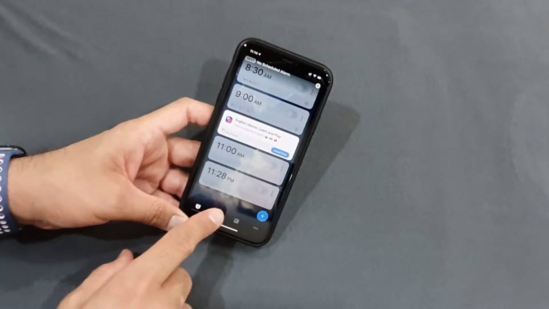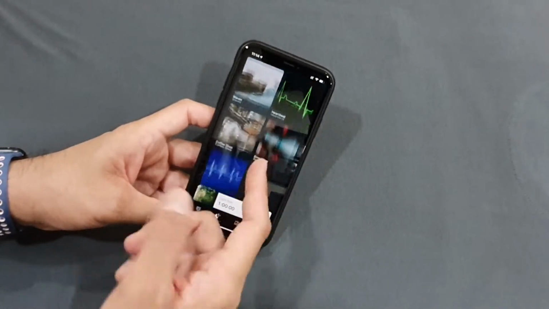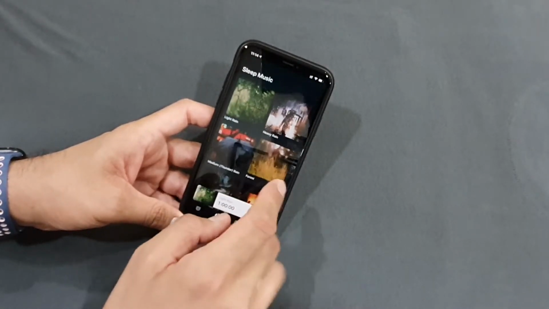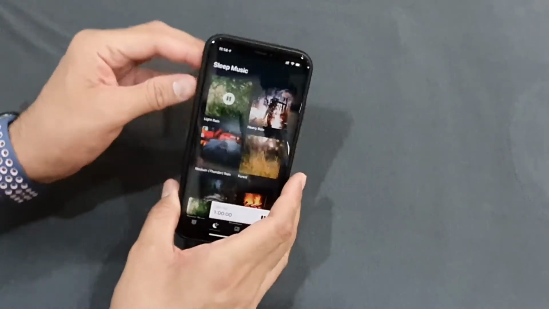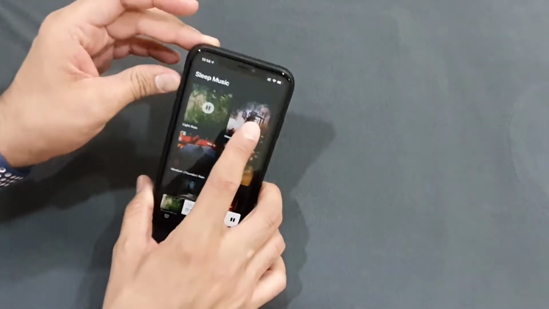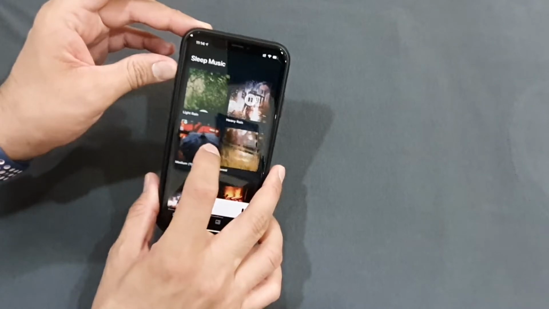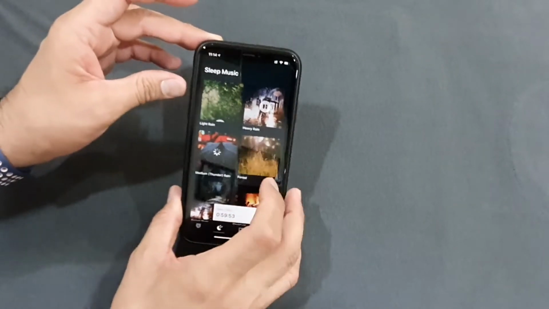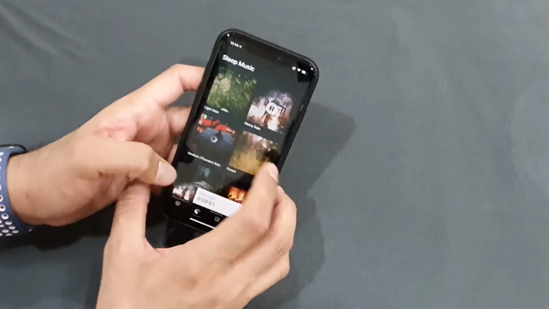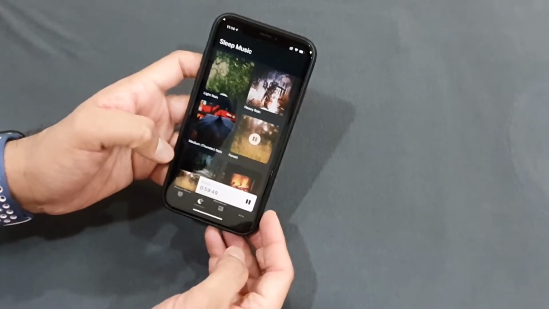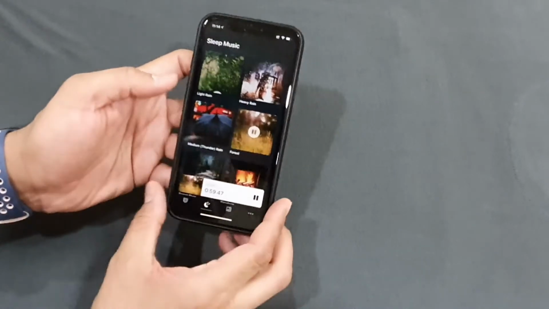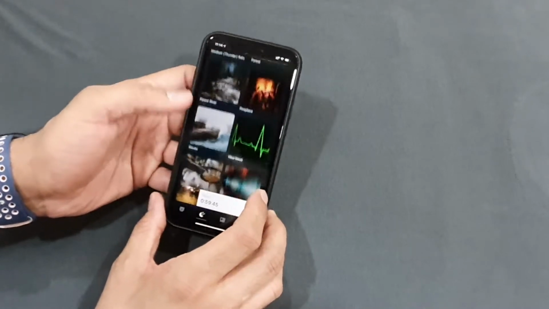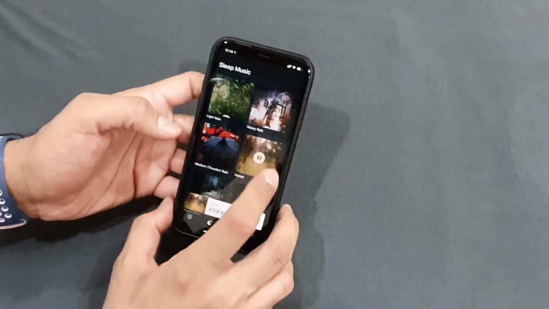And it also has some sleep music in case you want help in sleeping. See, it's light rain, heavy rain, medium thunder rain, forests. So it's a pretty nifty app. You can try it out yourself.